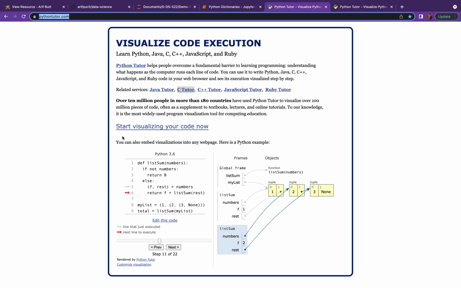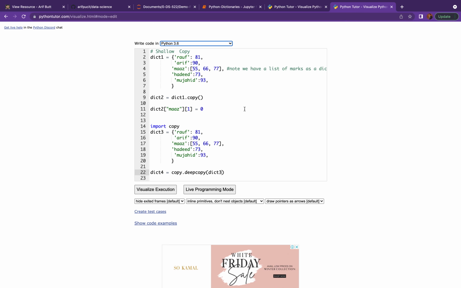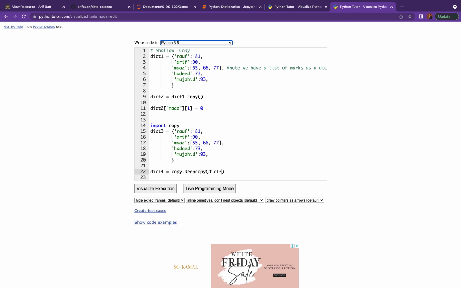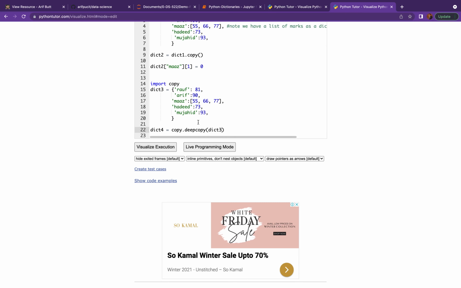Whenever you have issues in understanding or visualizing how your code is executing, please come to this website, click this link, and this will open up an editor for you. Just copy down the code whichever is confusing you and execute it step by step.